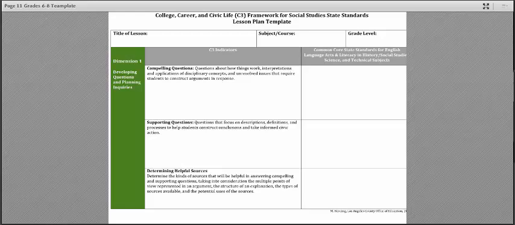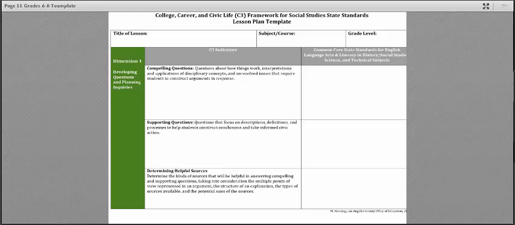Same thing with secondary sources. There are excellent secondary sources out there, but they may or may not be written at a level and at a point where your particular students are going to be able to engage with them seriously.